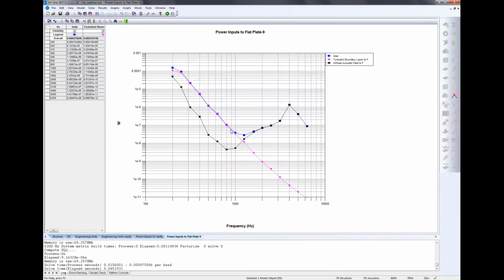You can see that for the plate, vibration is dominated by the turbulent boundary layer, so the convective part, at low frequency. This is consistent with what we saw in the wave number frequency spectrum.